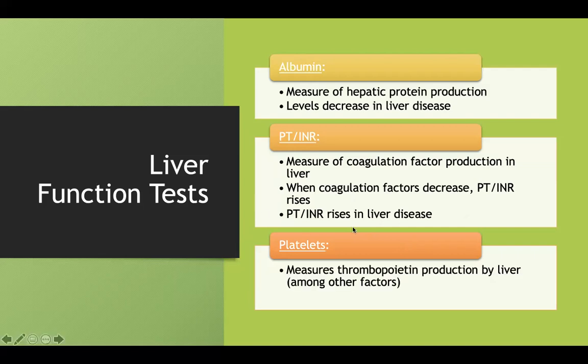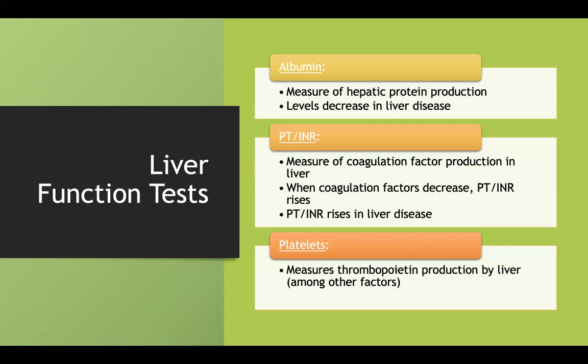And I talk about this later on when we talk about cirrhosis, but just as a heads up, PT-INR, especially INR, is the most reliable indicator of liver dysfunction, even more so than albumin. It's more accurate. And if you have acute liver injury, which can happen,